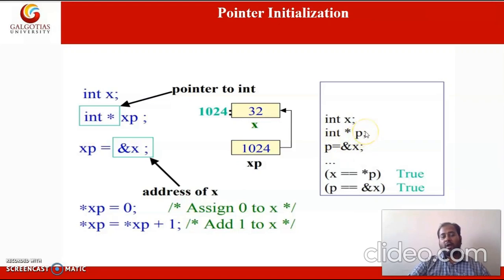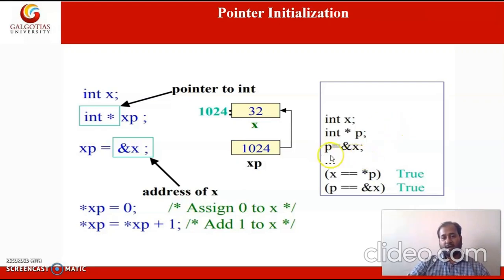So how will we identify that a variable is pointer type or simple variable? So if star is coming before any variable, then that variable is pointer, and if star is not coming before that variable, then it is normal variable.